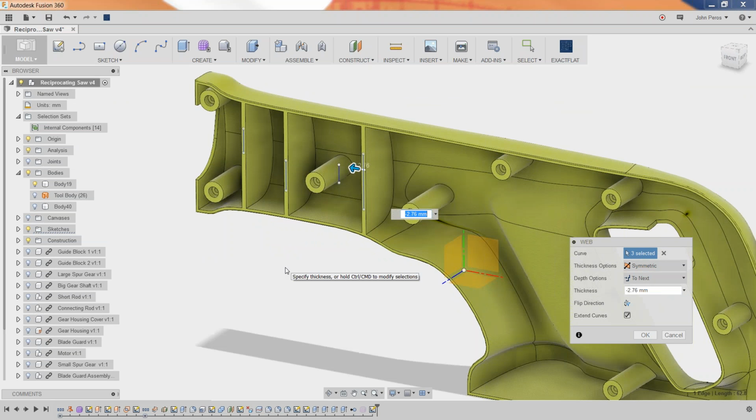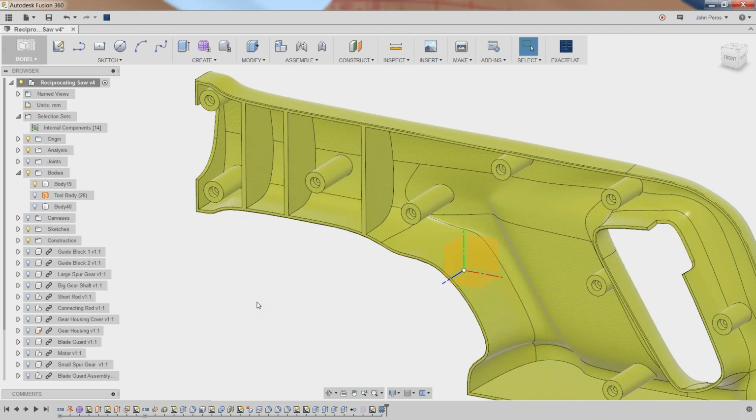Now this is really awesome because, again, that's a parametric feature. If the boundary changes, we expect the ribs to update, and the boundary is based on that surface, so if I change that surface, I expect the ribs to update. And I'm going to show you guys that in a minute, but I'm going to put a few more features